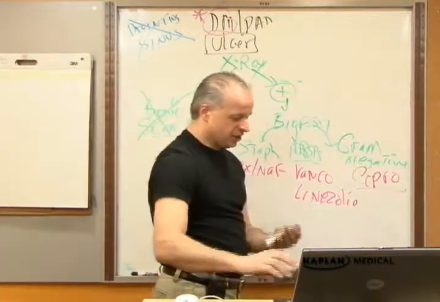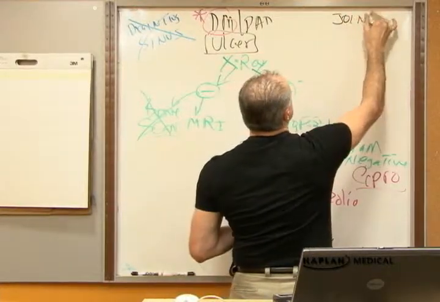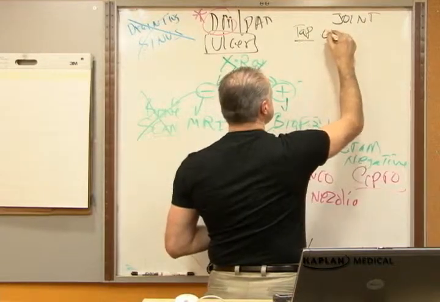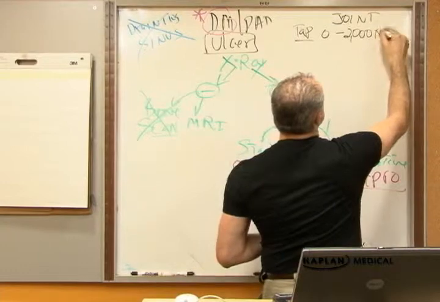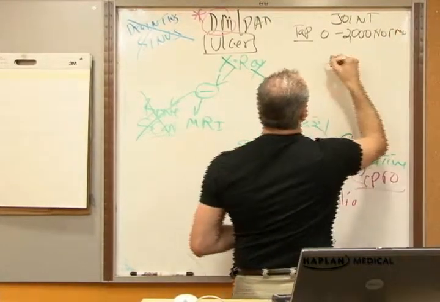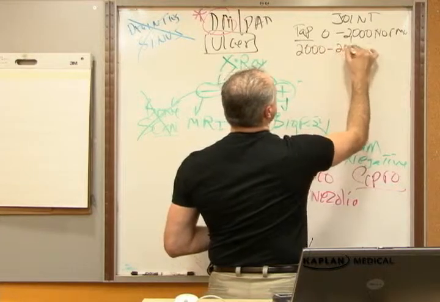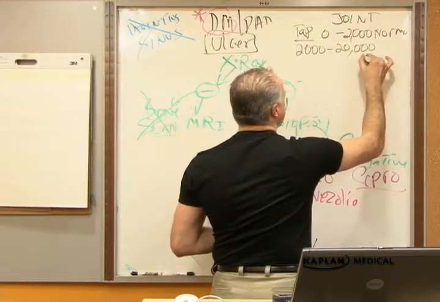Last issue here, joint infections. The joint infection, the first thing to do is tap the joint. Tap the joint. 0 to 2,000 cells is considered to be normal. If it's somewhere between 2,000 and 20,000, we consider that to be inflammatory. Gout, pseudo-gout,